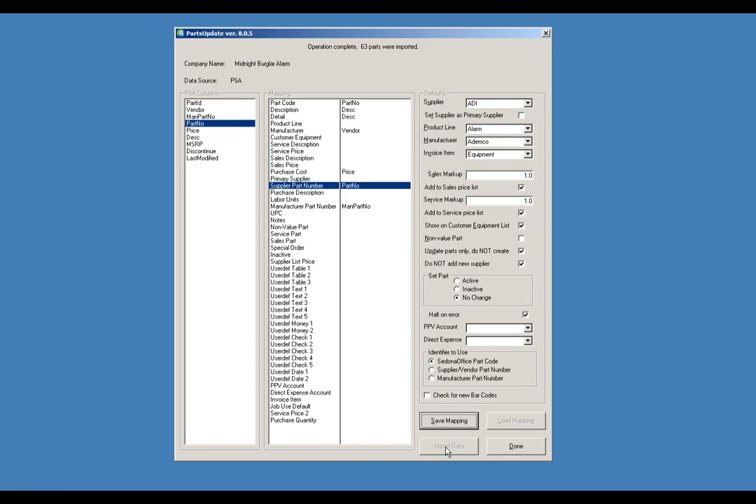If it had hit an error, because we have an alt on error, it would have stopped. But if we had this off, unchecked, we have to relaunch it again, had that unchecked, it would have said, and there had been errors, it would have said, operation complete, 63 parts were imported with errors, check this log file. Which brings us to